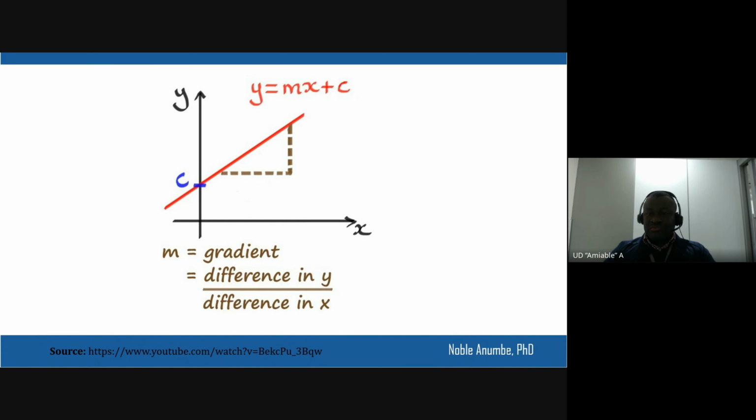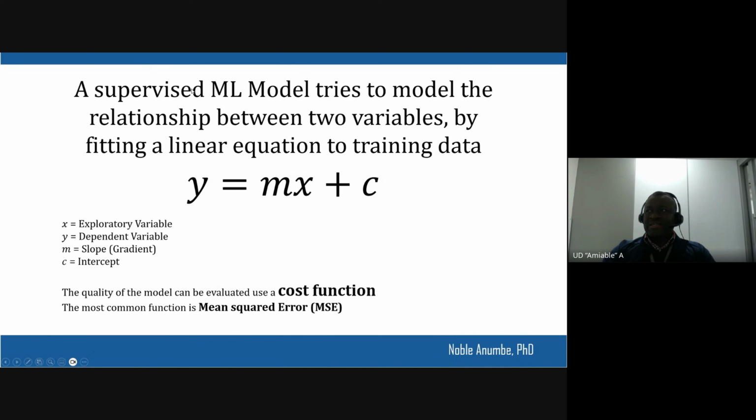But I want to assume you have seen the equation of a straight line, because that's very important to everything we are going to be doing eventually, right? So just look at it, familiarize yourself with it. So I go back to the previous slide. I'm saying a supervised machine learning model tries to model the relationship between two variables by fitting a linear equation to training data. So what happens usually is they might ask you to go take